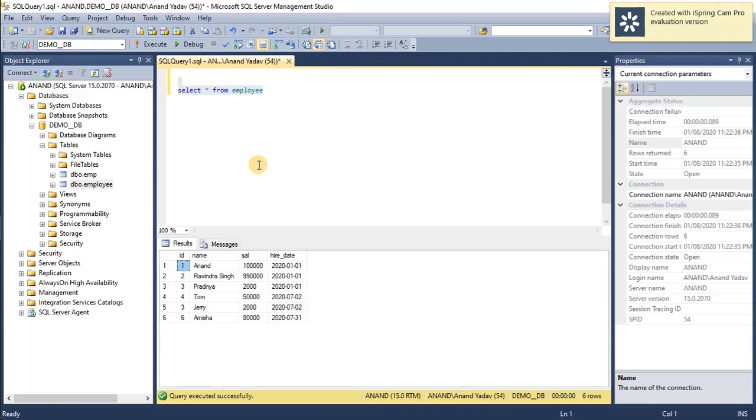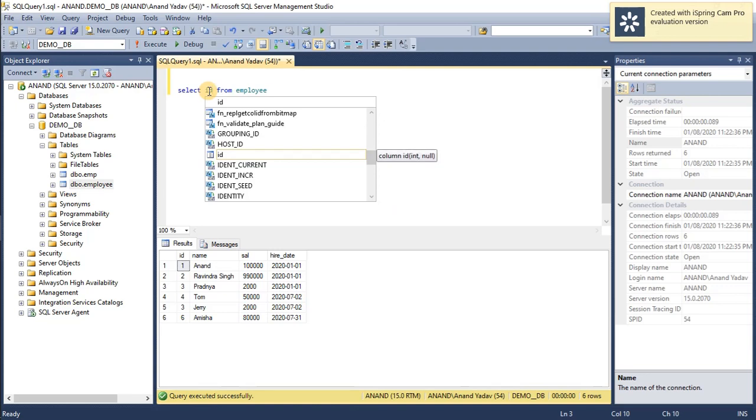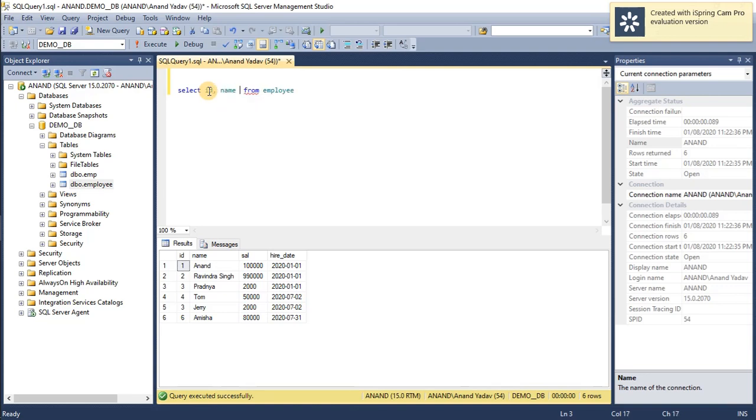But if we want to see only employee ID, name and hire date, and do not want to display this confidential salary information, we can do that by providing the attribute names separated by comma after the select statement. So I'm just putting ID, name, comma, hire date, and I will just execute this query.